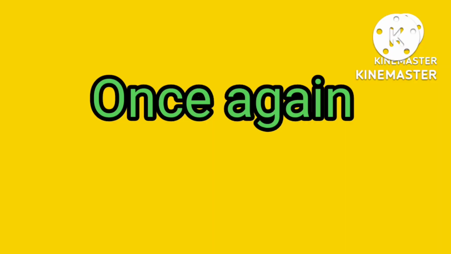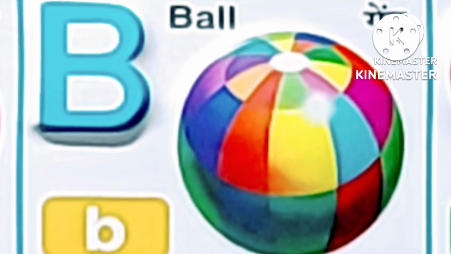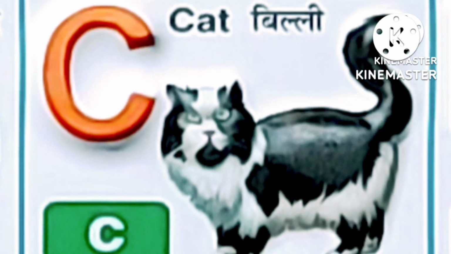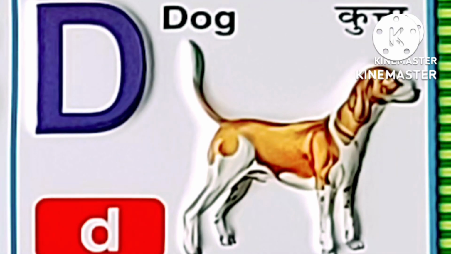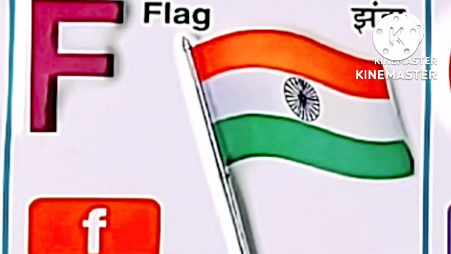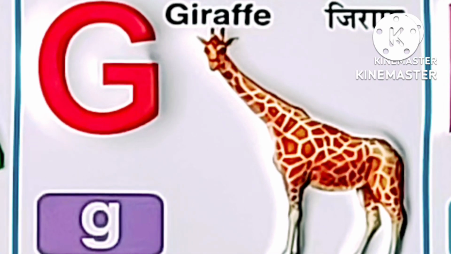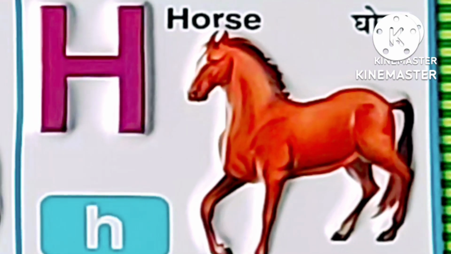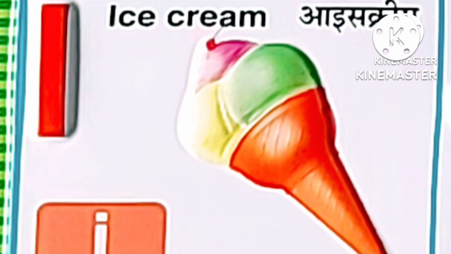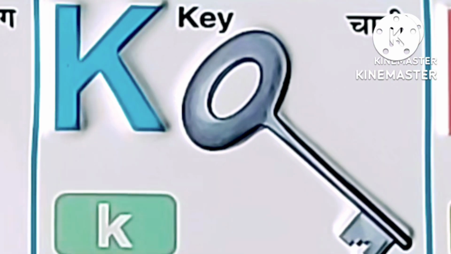Listen carefully one more time. A for apple, B for ball, C for cat, D for dog, E for elephant, F for flag, G for giraffe, H for horse, I for ice cream, J for jug, K for key,